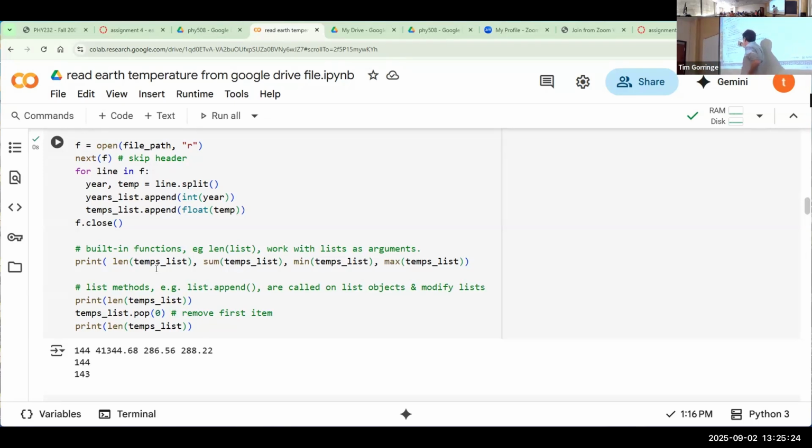Maybe this is not very useful for temperatures, but what is the sum of the temperatures over those years? That might be useful if I wanted to work out the average, because then I could divide the sum by the length and get the average. What is the coldest year? The minimum temperature? What is the hottest? The maximum temperature? I can use Python native functions min and max to determine those things. And so if I run that cell,